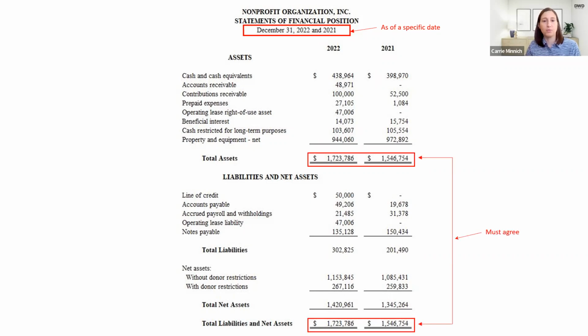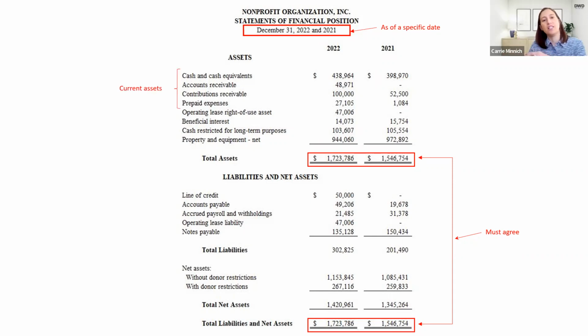Again, most important, we have to make sure that the assets for 2022 equal the liabilities plus net assets for 2022, and same with 2021. If these numbers do not match, it's done incorrectly. You have an issue. Your financial statements are wrong. So that's the first thing to look at. Make sure that your total assets equal liabilities plus net assets. As we look to see what is actually on the statement,